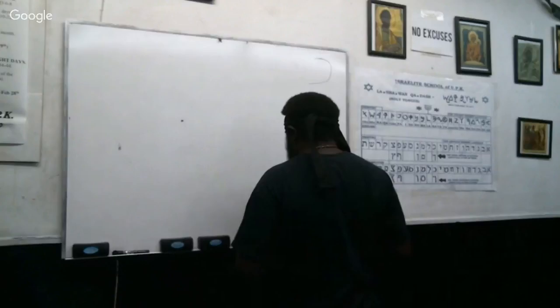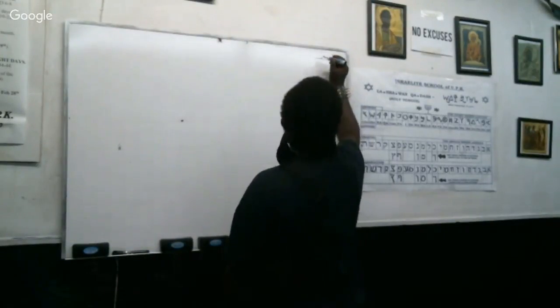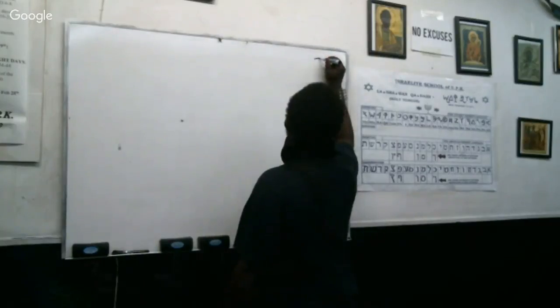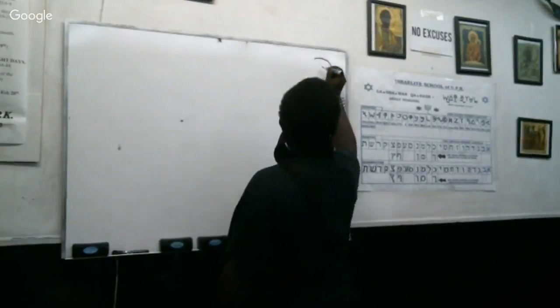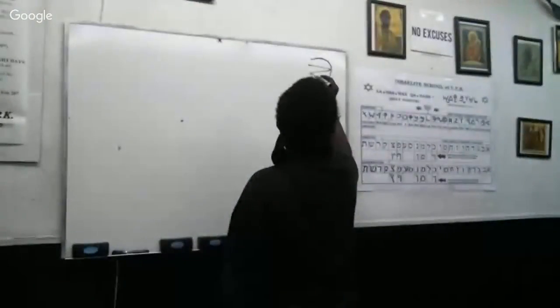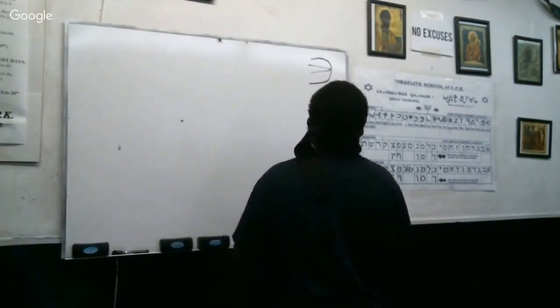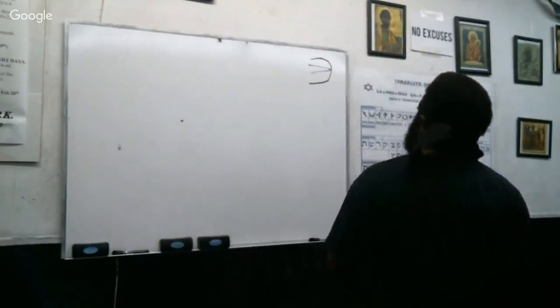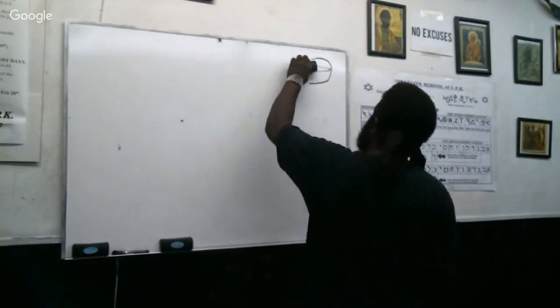So what the brother is about to put up here is Ka. What Ka means is your. Ka means your. It's a suffix, which means it goes on the end of a word. In English, it goes on the end of a word. Now, I'm going to give you an example of each word so you can understand what it means.